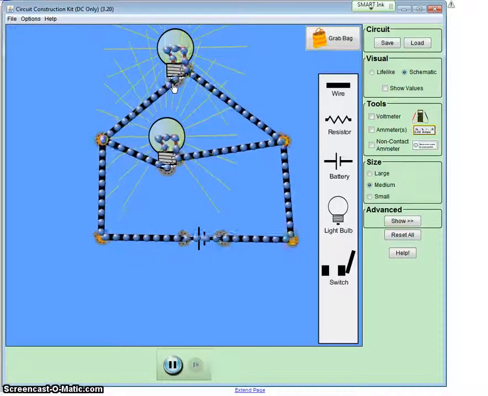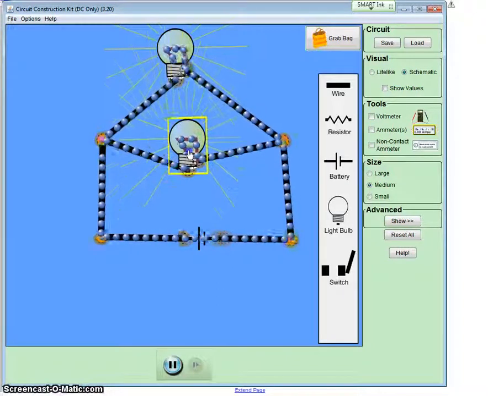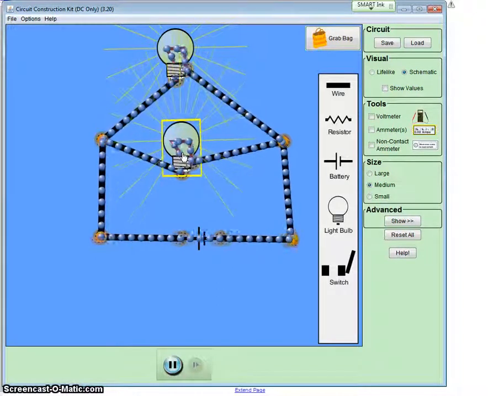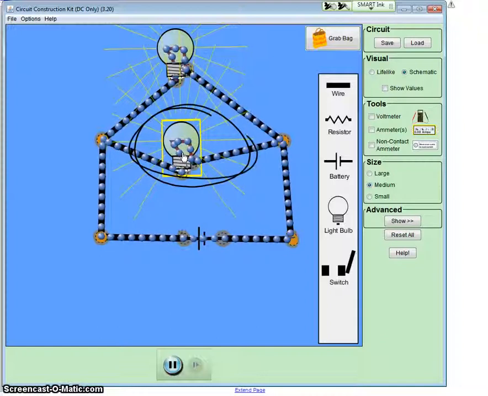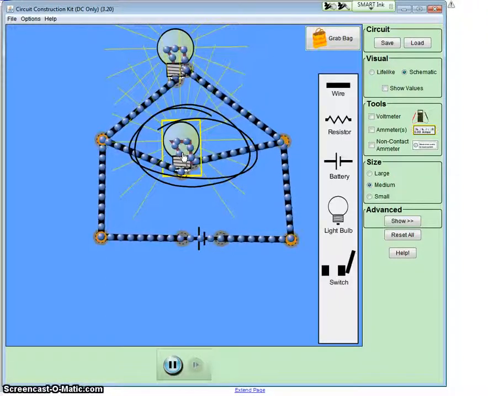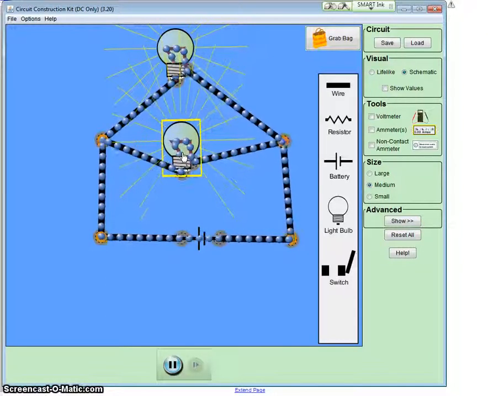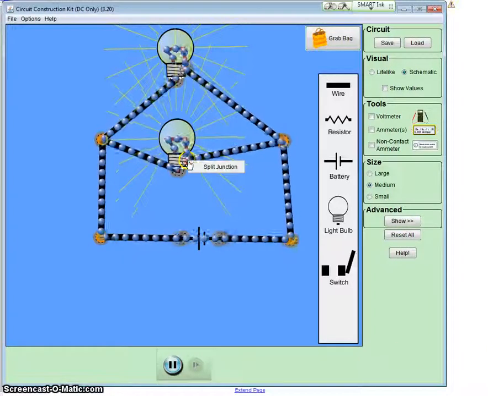If I connect this again, the lines that indicate the brightness from the first one here do not move. So adding a bulb in parallel to everything else that is on the line does not change the brightness of the original bulb. Okay, so even if I went and disconnected this junction,